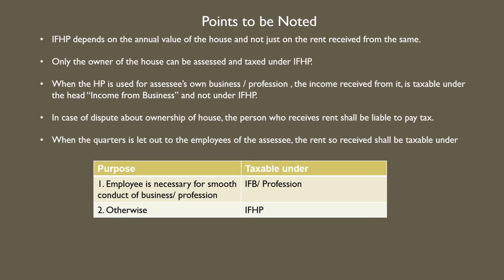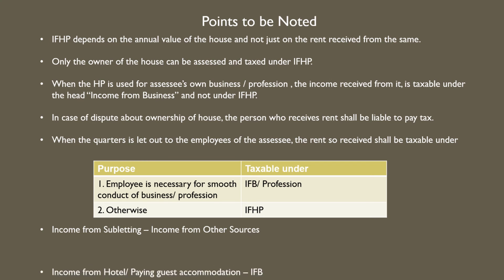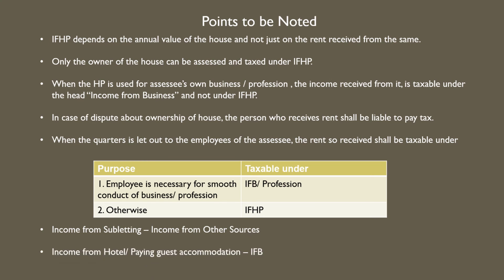Otherwise, it will be taxed under income from house property. Income from subletting will be taxed under income from other sources. Income from hotel or paying guest accommodation will be taxable under income from